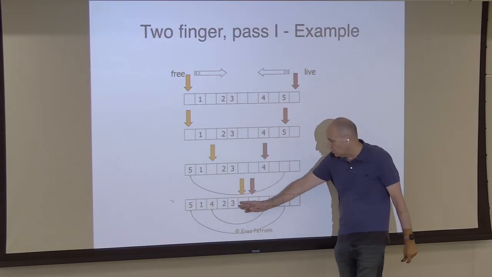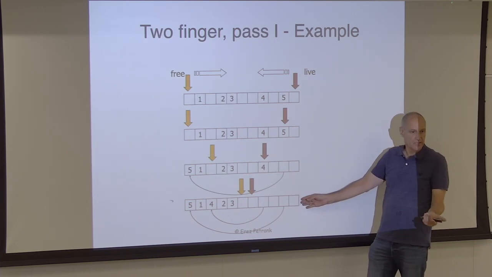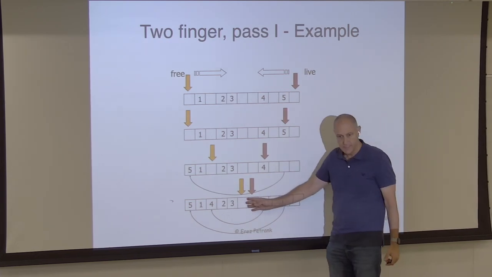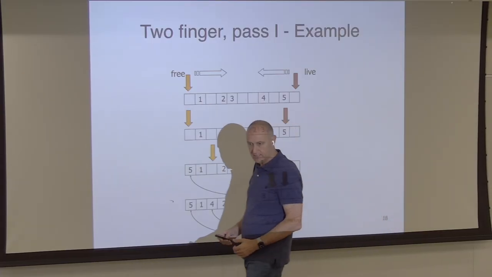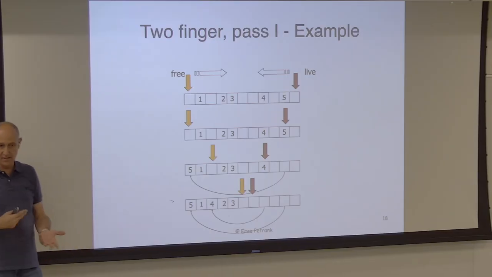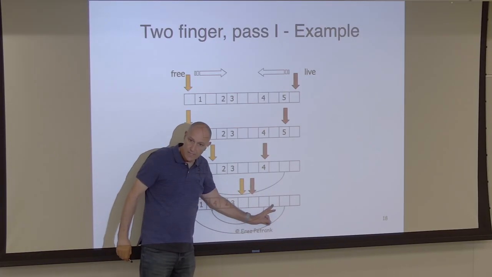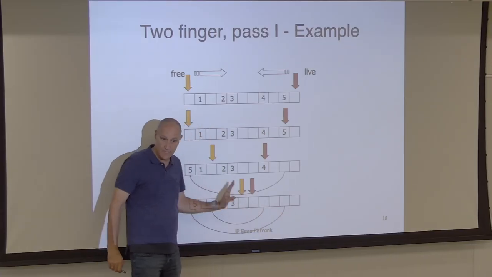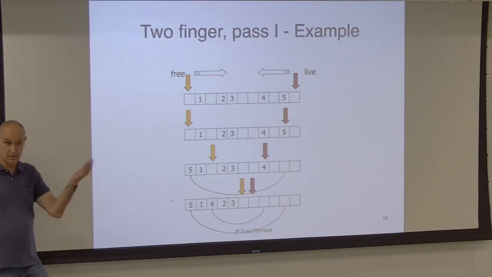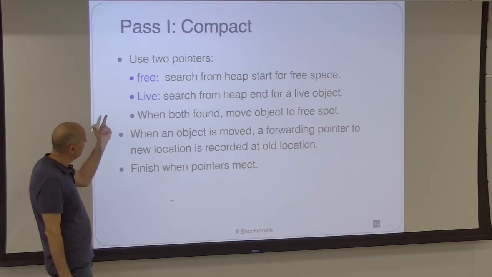And notice that all this space will not matter after I finish the compaction. It's going to be free space and the program will not need it. So I can just put things there and I don't disrupt anything. So I put here forwarding pointers that tell me where the objects have moved, and I will use them for fixing the pointers of the heap. So when I compact,